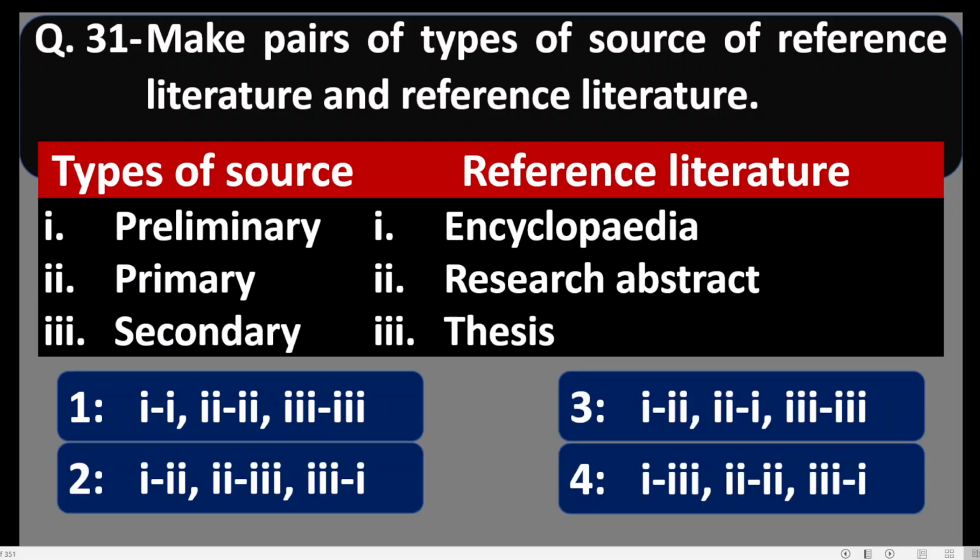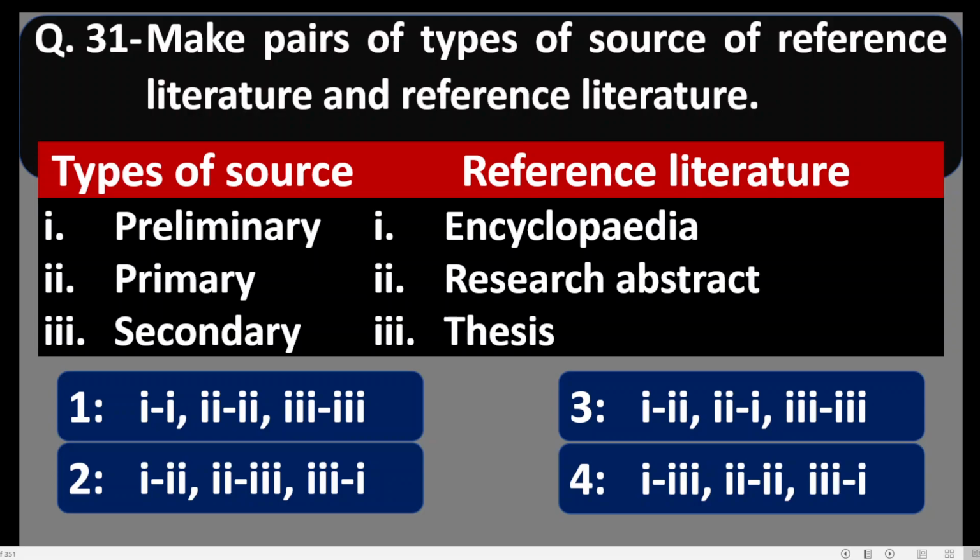Let us see. Preliminary will be research abstract, so a pair of number 1 of types of source and number 2 of reference literature will be made. Preliminary means which gives us some idea about the primary sources. So preliminary, research abstract. Primary is the source from where the information is collected directly,